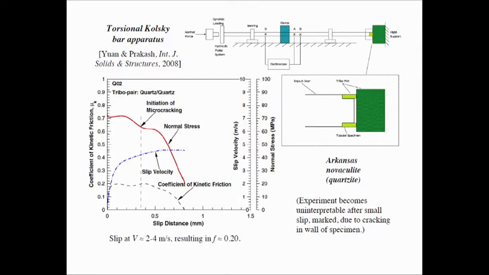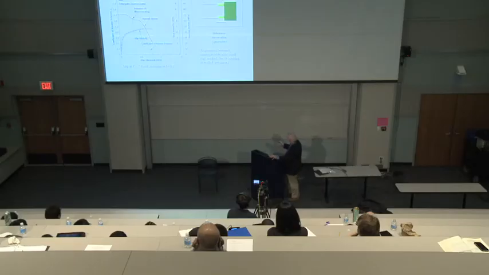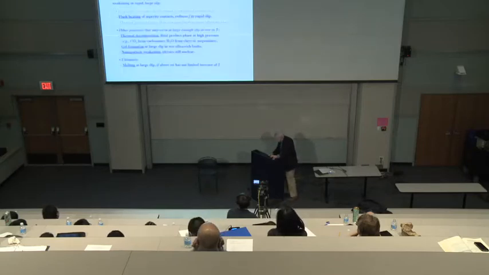By the way, this data cannot be believed beyond that dashed line because the wall of the specimen cracked. So the experimentalists were probably too ambitious in terms of the normal stress that they ran this experiment at, but they were trying to avoid another typical criticism of lab tests, that normally they're run at very low normal stresses, far away from what you see on a natural fault, and they wanted to get up to reasonable values there, which they did. Okay,